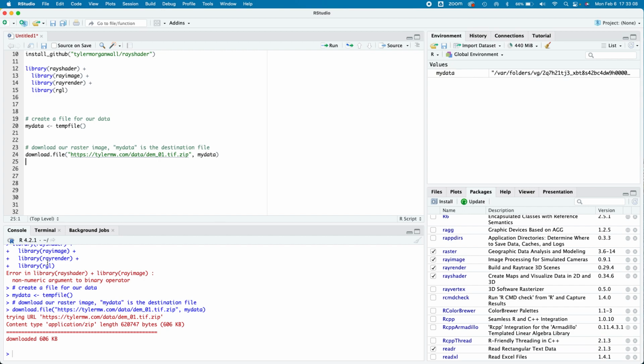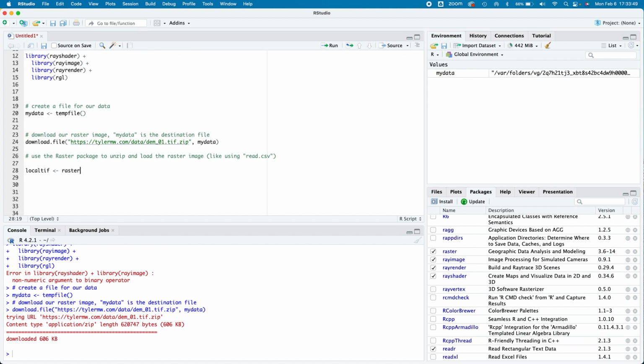It looks okay. It looks like it's been downloaded. And in there, we now should have the data that we need. So the next step is to use the raster package to unzip and load the raster image. For those of you that are familiar with using read.csv, this is like using the function read.csv or anything similar, which is telling R to open up the data in the way that it knows how. So it's local TIFF, that's what we're going to call our